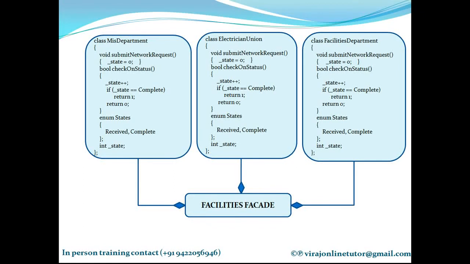So in the diagram that I had shown, there were many small subsystems, right? Suppose there was no facade, we would have to individually talk to each of the subsystem classes, and that would be a mess. Instead, the best option is to have easy access. Just have a facade object that will provide a single simplified interface to us as a user. And we need not deal with the potentially complex individual interfaces of each class in the subsystem. So it's best to have a facade that provides a single simplified interface.